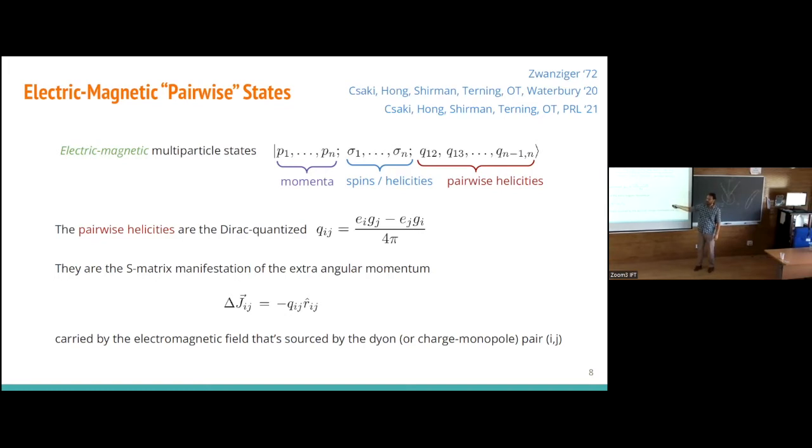So it's quantized for very different reasons. It's quantized by Dirac quantization, this trick with the string and the Aharonov-Bohm experiment. It's quantized by topology. But here we are showing you that it's also quantized by group theory, because in the multi-particle states, it plays the role of a helicity. And we know that helicities are labels of representations of a U(1), and they come in half integers. So this is, again, this marriage of topology and group theory, and the Q of T will follow suit.